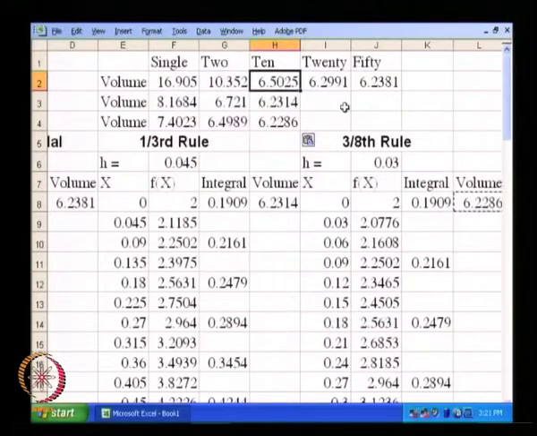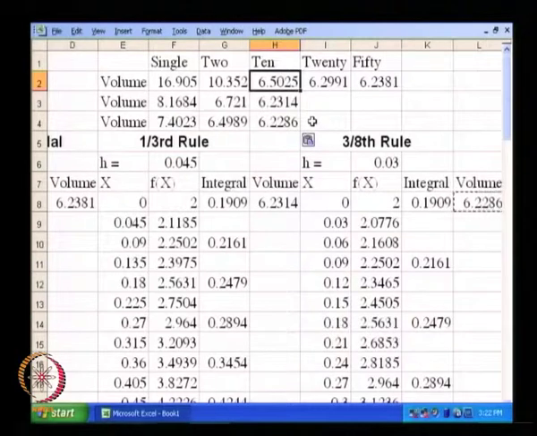Okay. So, this is the volume that we will get with single application of the trapezoidal rule, 2 applications of the trapezoidal rule. Even with 10 applications of the trapezoidal rule, we find that the value is fairly far away from the value of the actual volume that will be needed. So, we actually need to go to 50 or maybe 70 applications of the trapezoidal rule in order to get the actual value, whereas with the Simpson's 1/3 rule we will perhaps need about 20 applications, or maybe 25 applications.